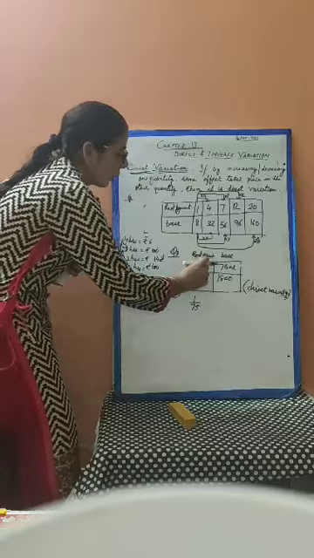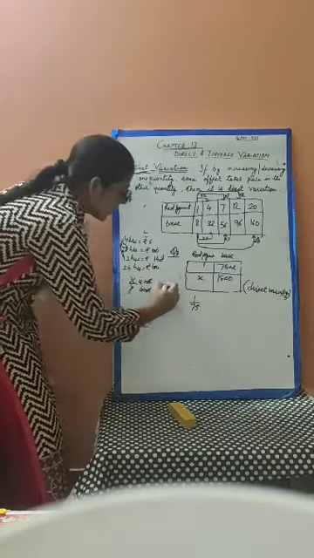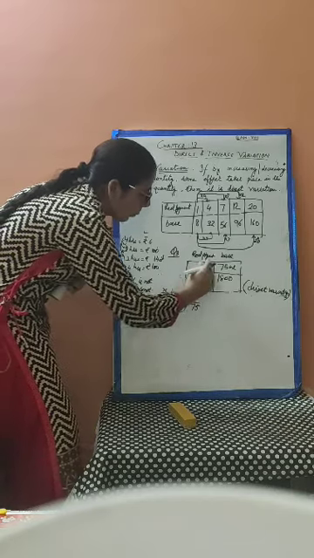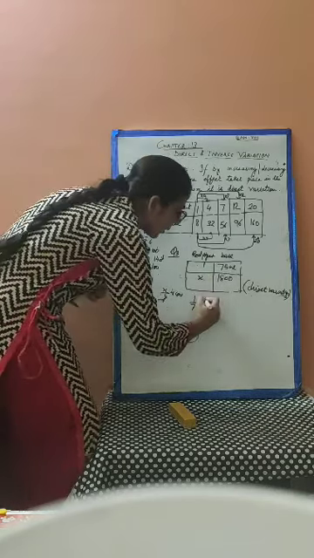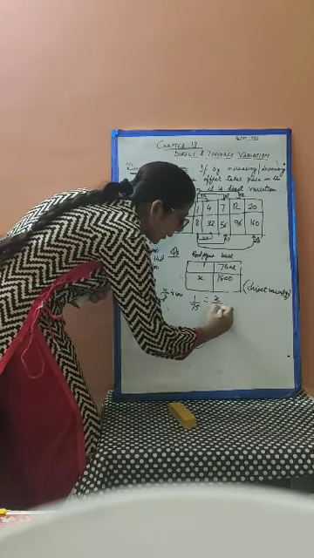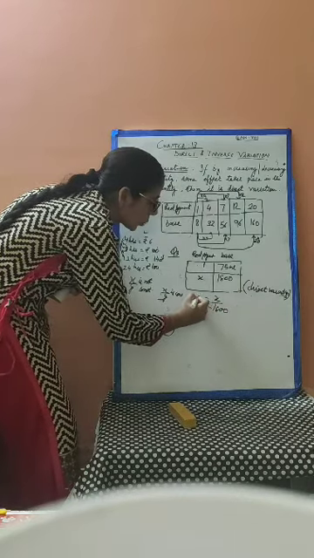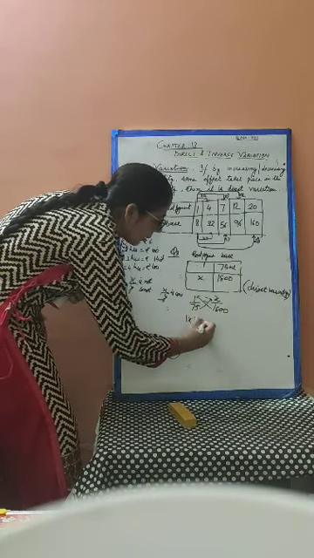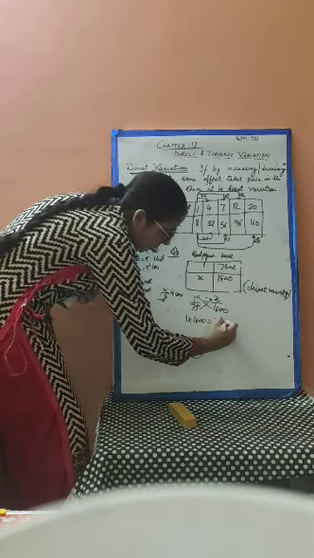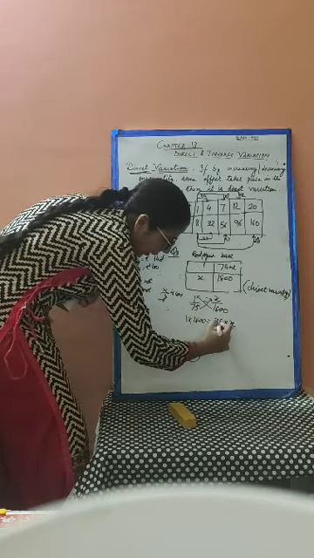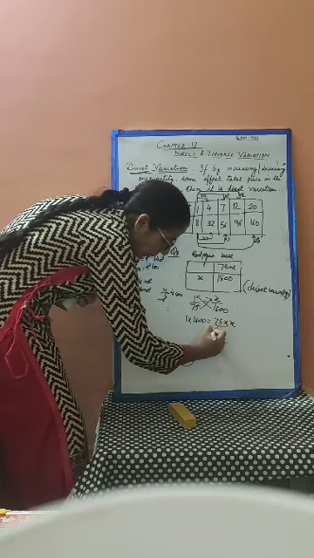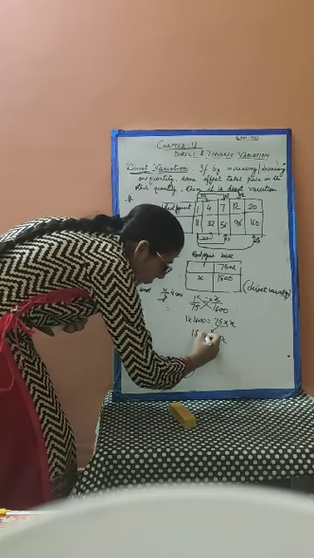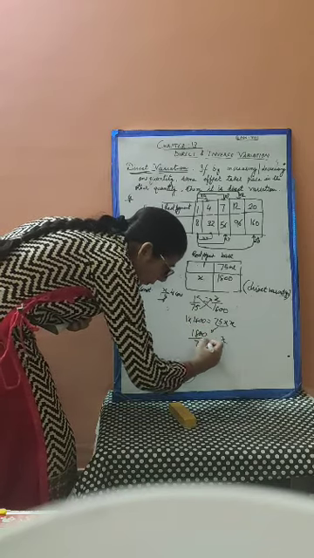Now, for direct variation, the rule is x upon y is constant. So 1 upon 75 is equal to x upon 1800. Now we can solve it. Just do the cross multiplication. 1 into 1800 is equal to 75 into x. So what will be the value of x? Here 75 is in multiplication. When it goes to the other side, it will be in division. 1 into 1800 is 1800 upon 75.